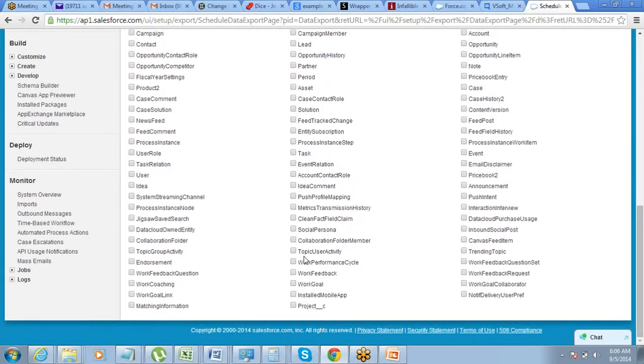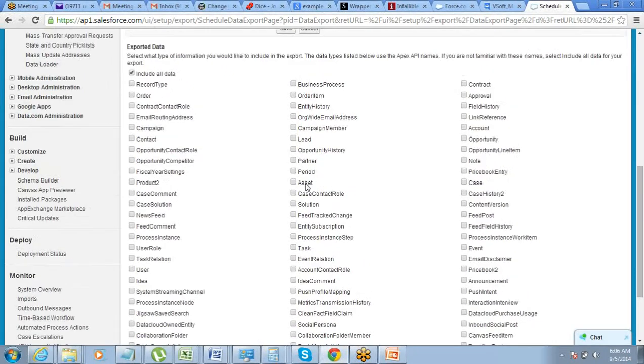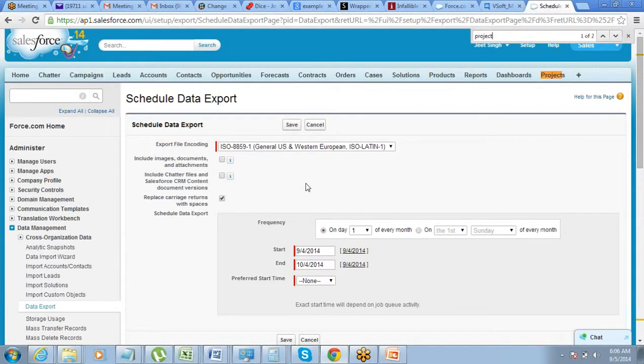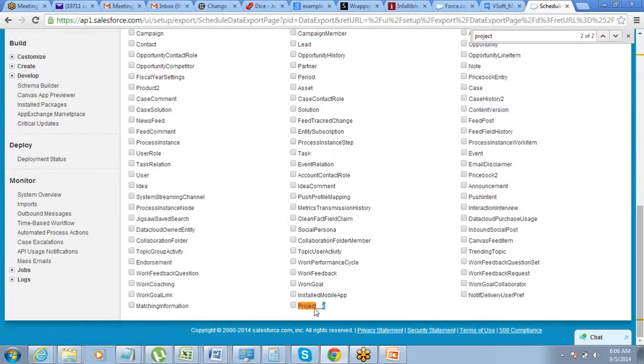Out of this, I think the project object is one custom object that we have created. That too is somewhere here. Do you see the project object? All the way at the end, yeah, this is where it is. So this is a custom object, and how do we understand it? Because there is a double underscore c at the end. Any custom object in Salesforce will have a double underscore c at the end. This is something we will understand while we are doing the programming part of it. For your understanding, this is the only custom object that we have created.